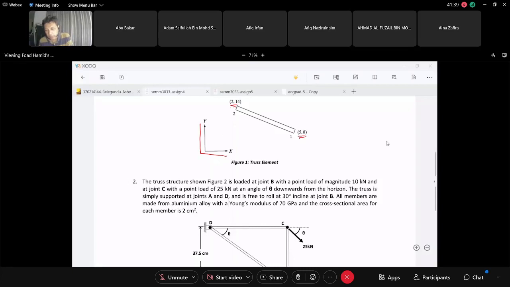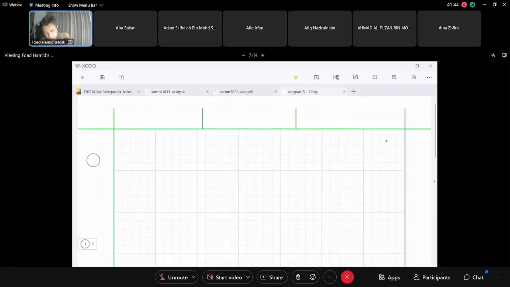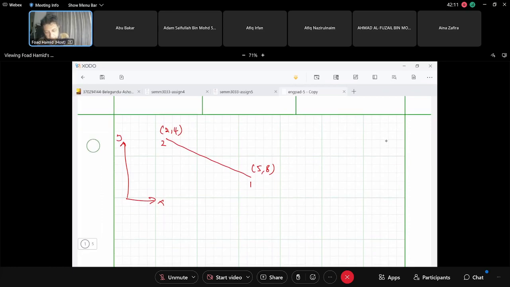Okay, so let's draw. This is the bar, and this is node 1, node 2, global node 1 and global node 2, and this is my global coordinate system, which is x and y. This is the coordinate for node number 1, which is 5, 8, and this one is 2, 4. So the question is asking us,